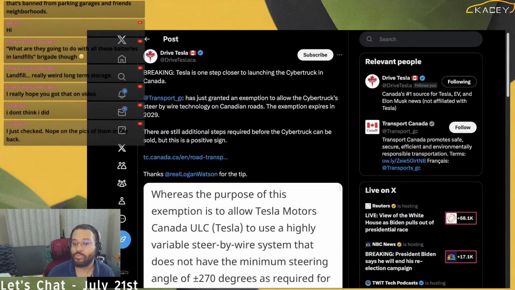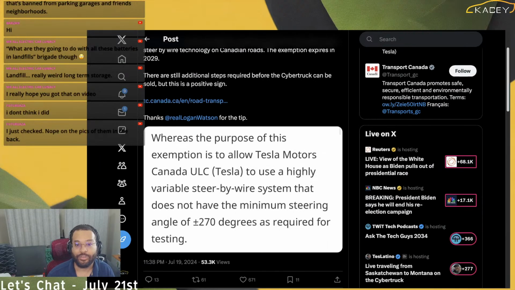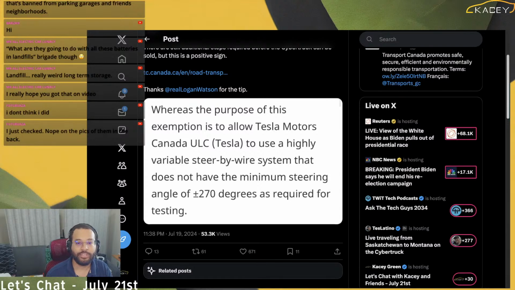All right, so Tesla is one step closer to launching the Cybertruck in Canada. Transport Canada has granted an exemption to allow the Cybertruck to use steer-by-wire technology on Canadian roads. The exemption expires in 2029. There are still additional steps required before the Cybertruck can be sold, but it's a positive sign. The purpose of the exemption is to allow Tesla Motors Canada to use a highly variable steer-by-wire system that does not have a minimum steering angle of plus or minus 270 degrees as required for testing.